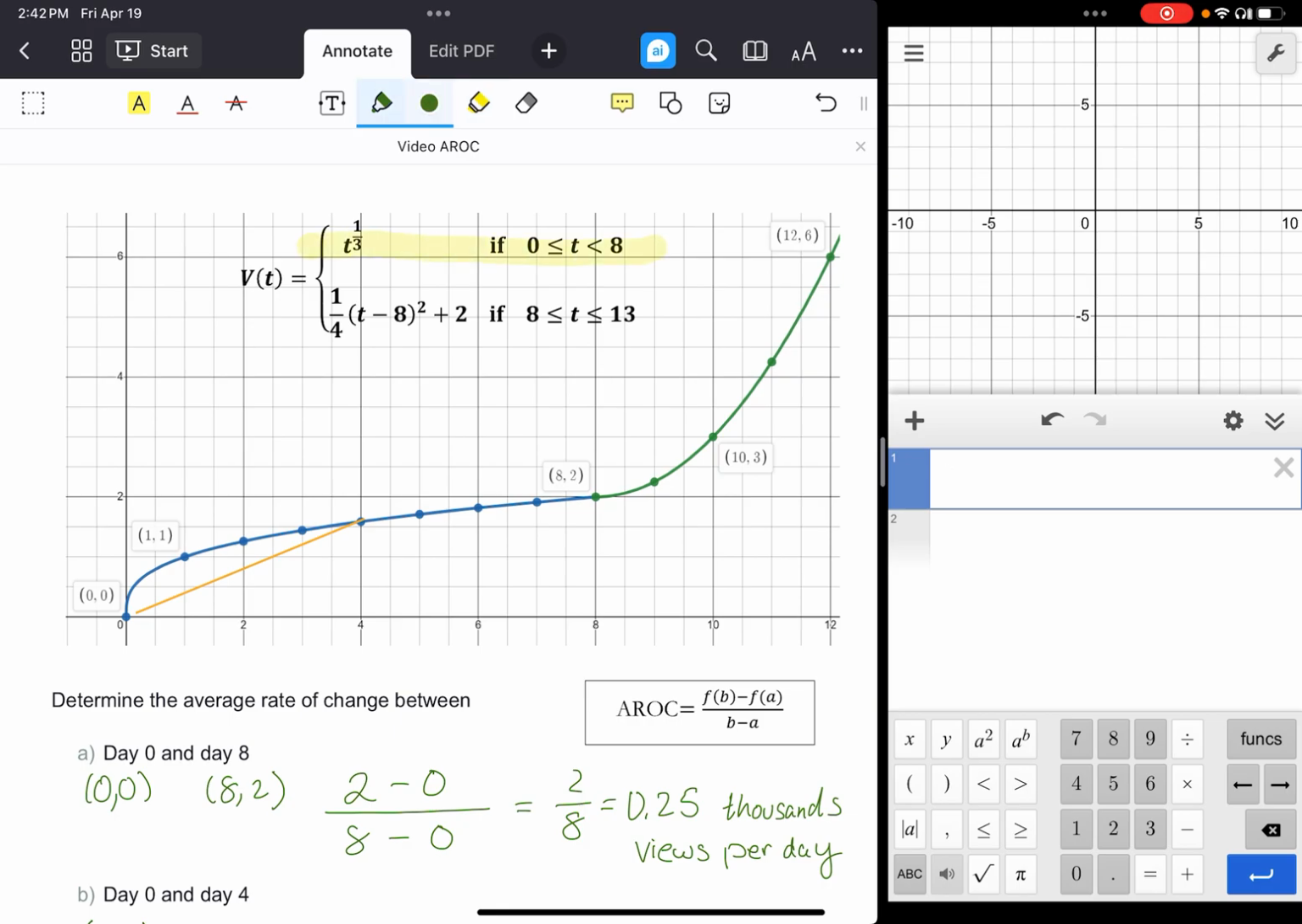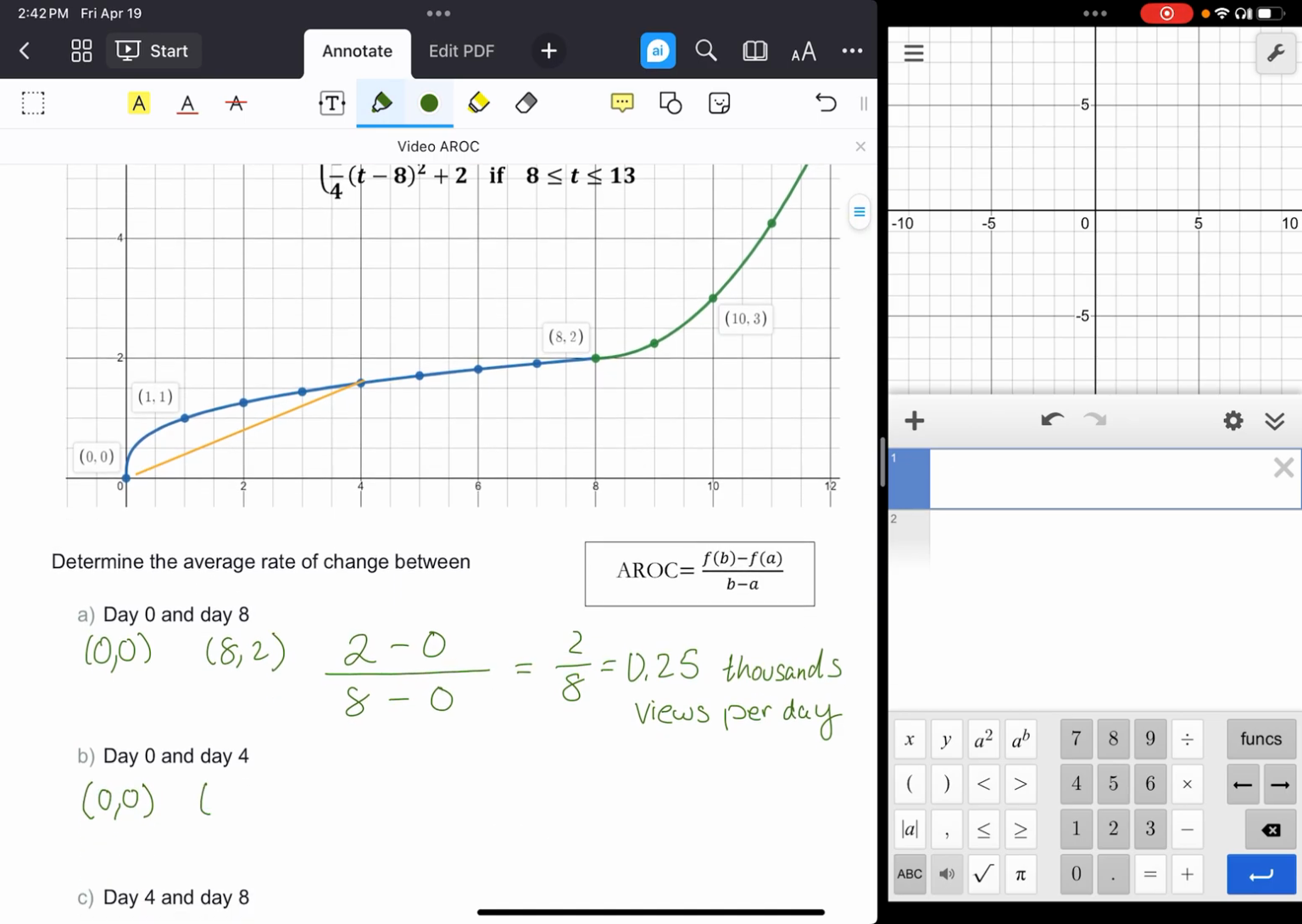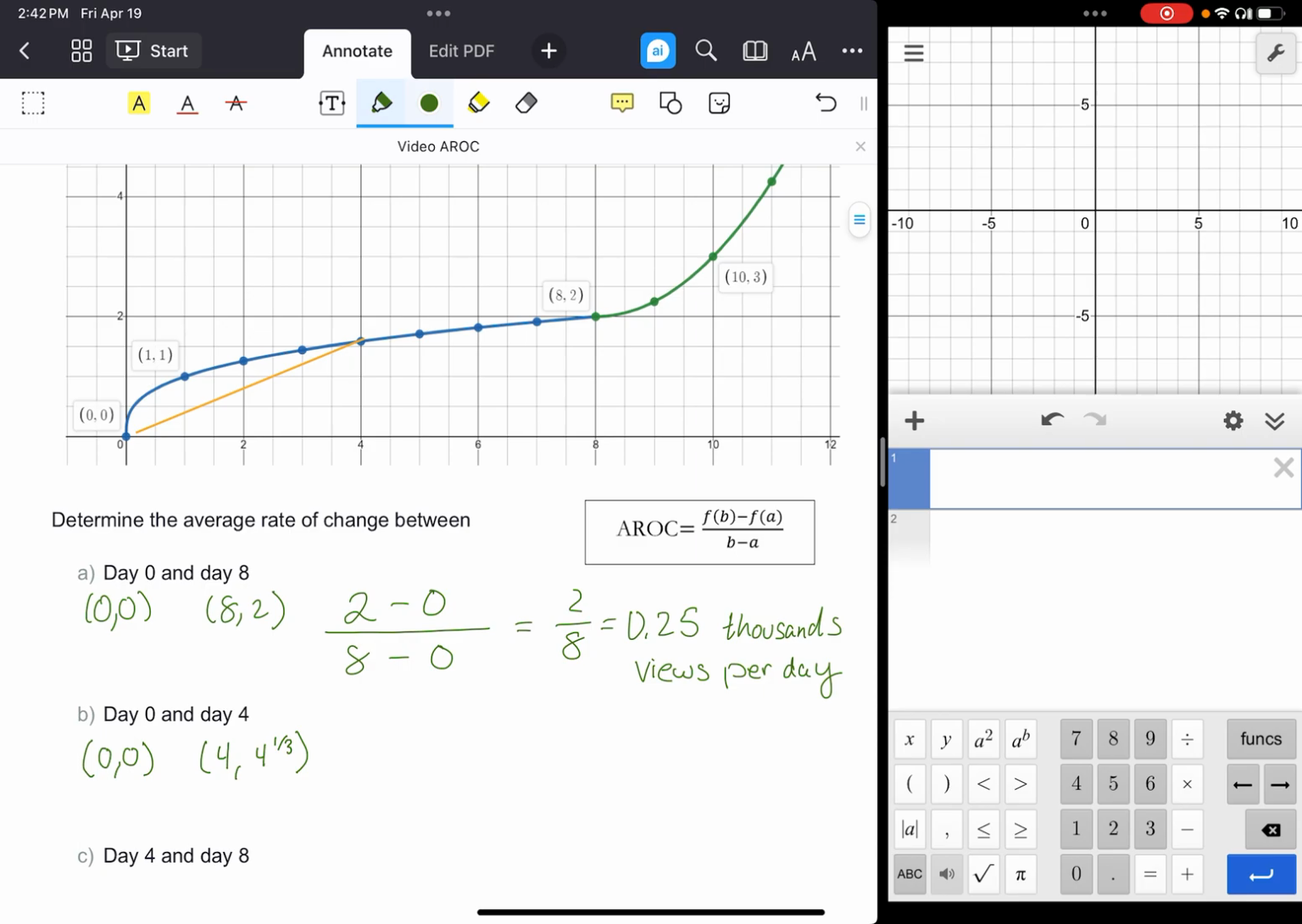I don't even need to worry about that bottom equation yet. And so I can figure out the value at 4 by using my function. So if I input 4, the output would be 4 1/3. And I'm not even going to bother to calculate what that is. I'm just going to use the point, find the rate of change, and put it all in my calculator at